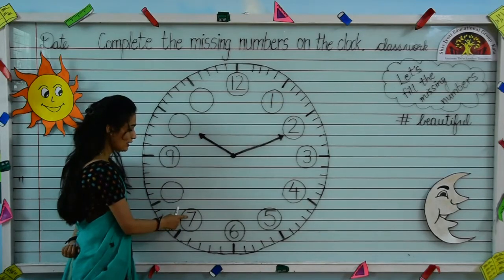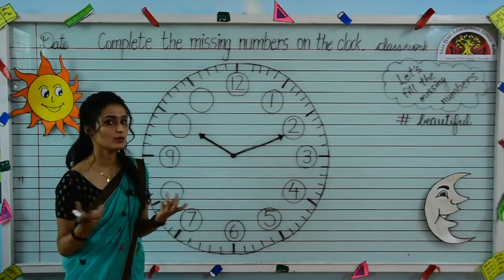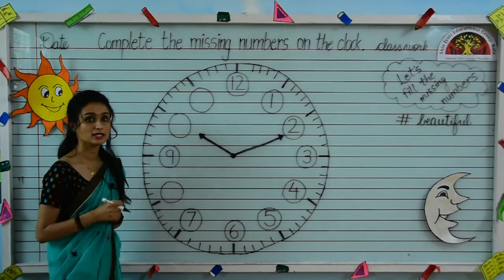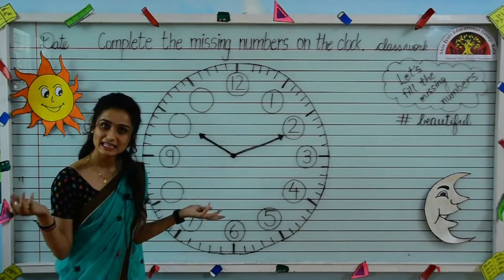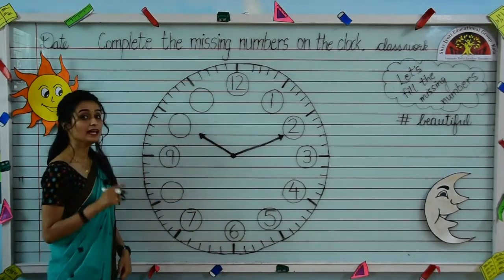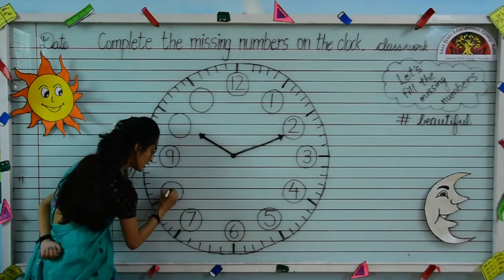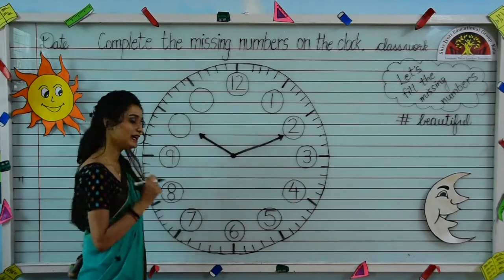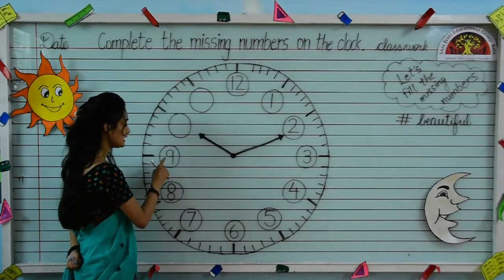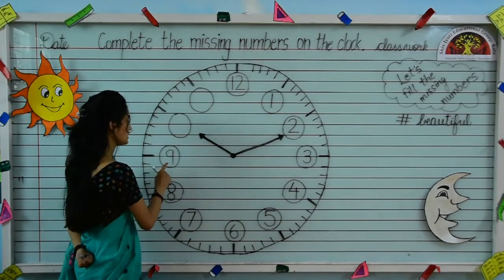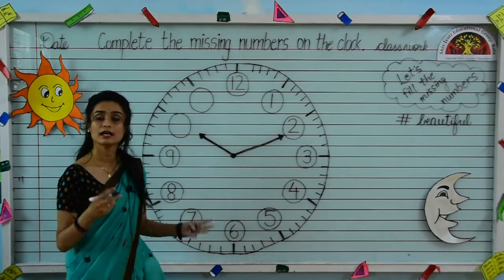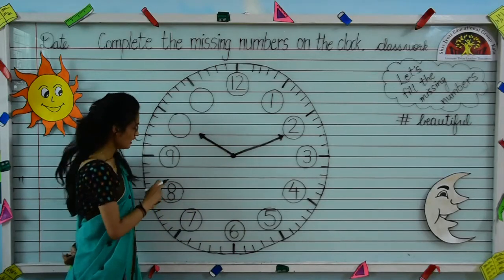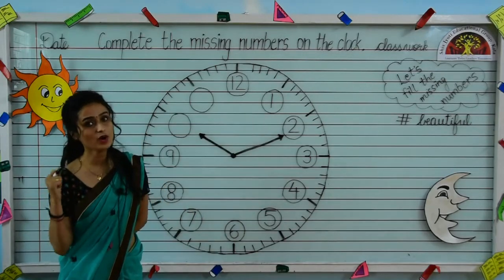Okay. So, after 7, let's think which number will we write over here. We will write 8. 2 circles together make an 8. So, we will write 8 over here. So, after 8, let's see the next circle. But again in the next circle, number is already there. Which number is there? 9.